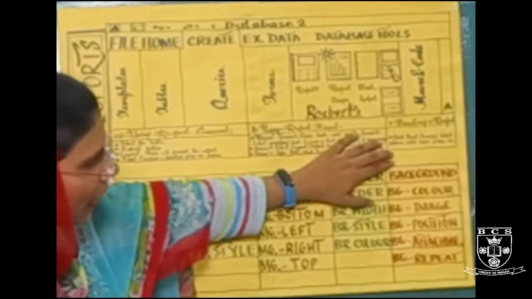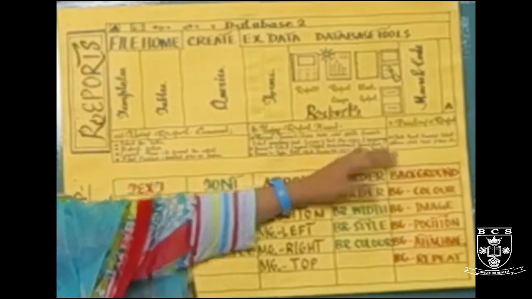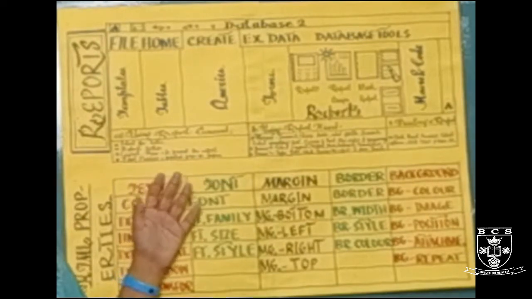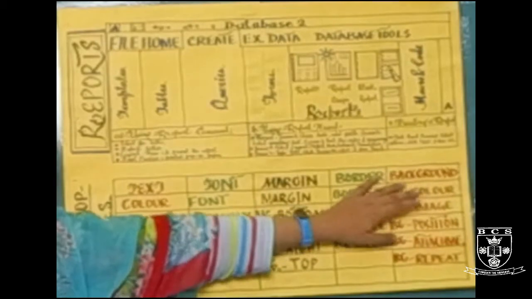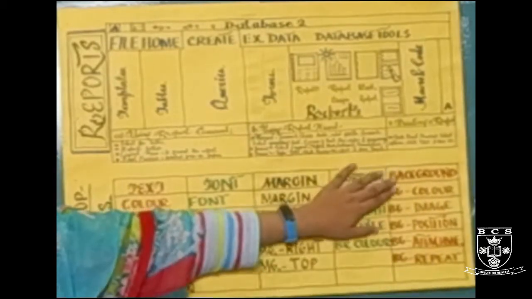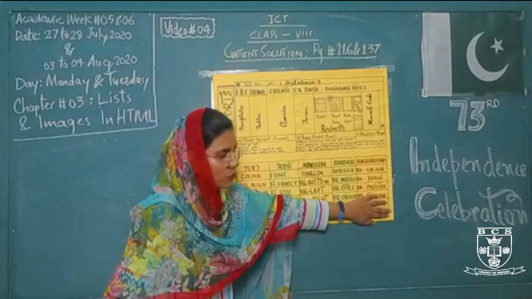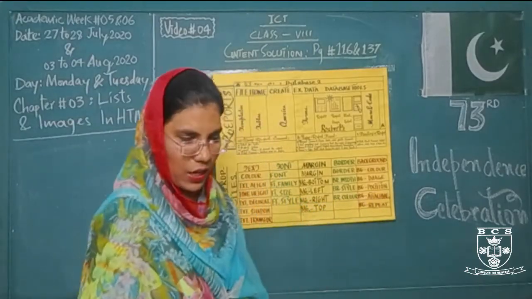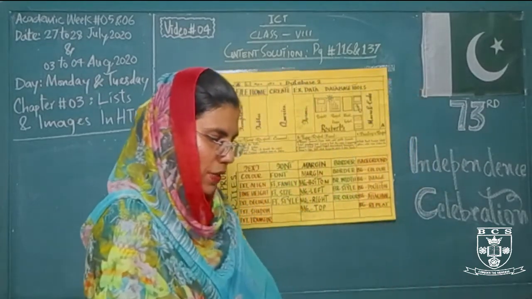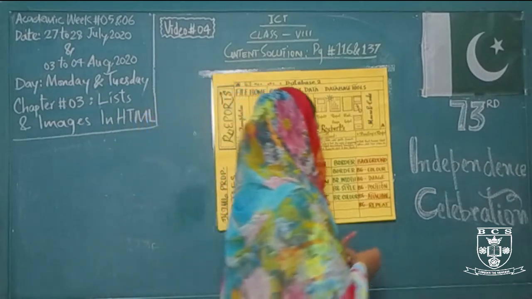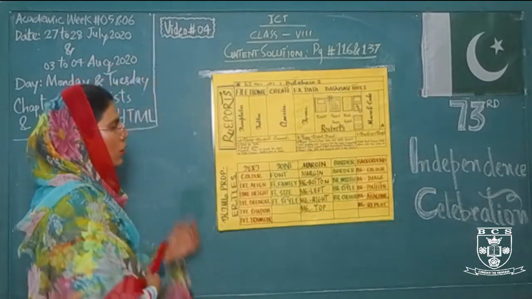Next is our background. Background may be any color or any image that we have as the background of our web page, and by using the background property we also have the motive of making our page look more beautiful and attractive for the viewers. A website or a web page that we are creating must be very effective, especially for the viewers, all the persons who will view this web page. So it must be effective for our viewers.